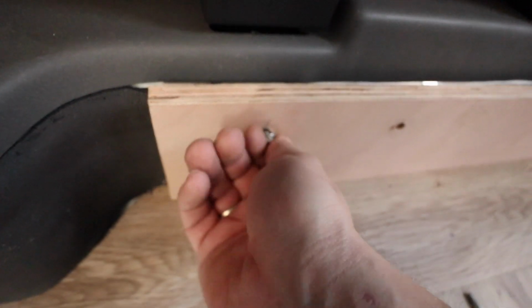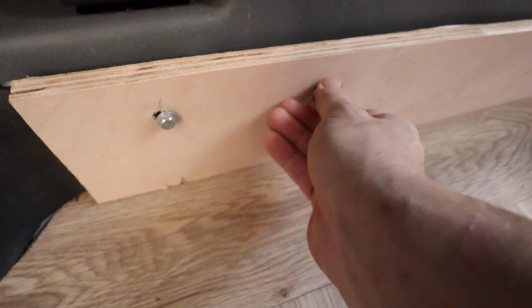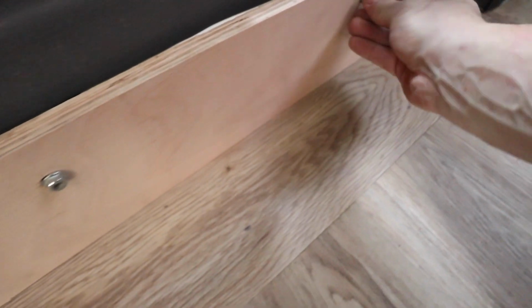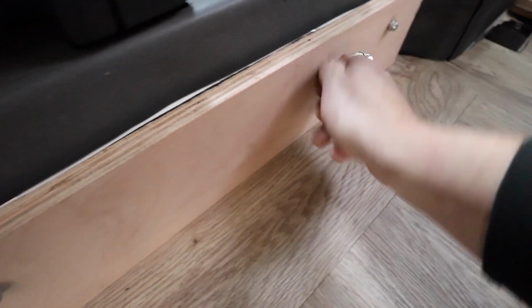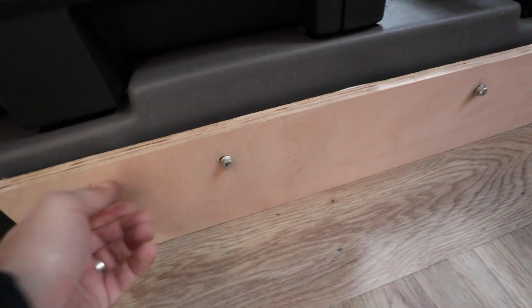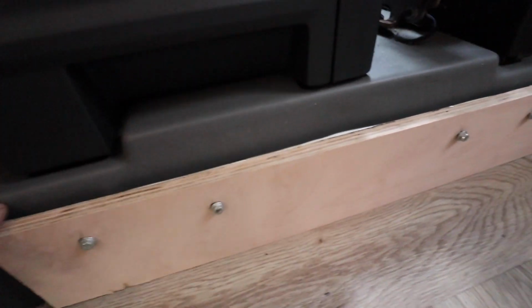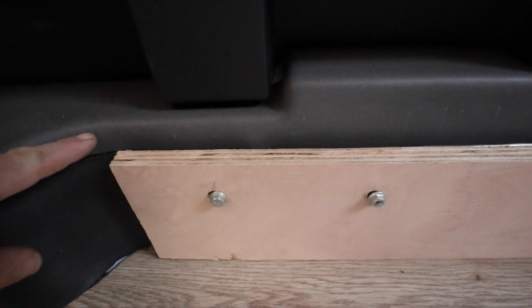A little bit of faffing just to get the holes in the exact location, but effectively this is the starting point for building out the subframe of the plinth, and it gives me a pretty tight and secure hold where that board is not going to go anywhere. It's bolted to the chassis of the van, it's flush with the floor, the ply then sits on top plus the vinyl flooring, and it should take us to pretty much that line there